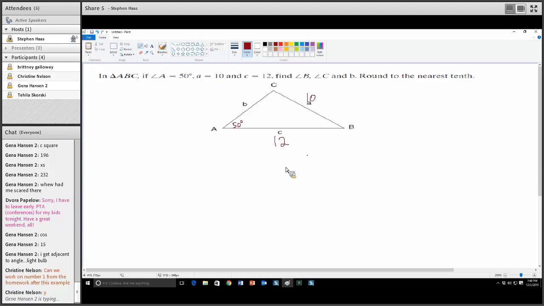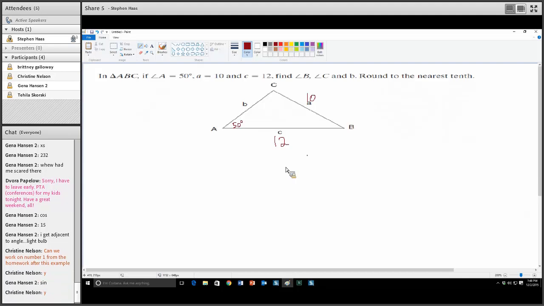How about the law of sines? Can we use the law of sines over here? That's right. We can remember that the ratio of a sine of an angle to its opposite side applies to everything. So we can use A and its opposite side, and C and its opposite side. So let's say we're going to use a is to sine A as c is to sine C. Well, we know what side A is. That's 10. Do we know what